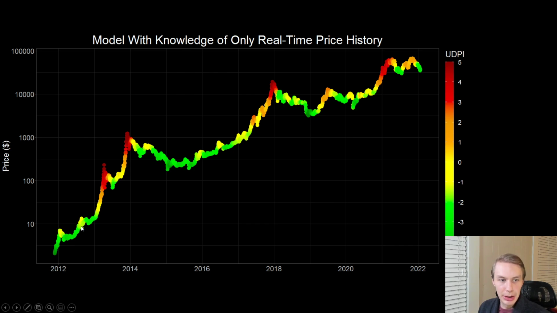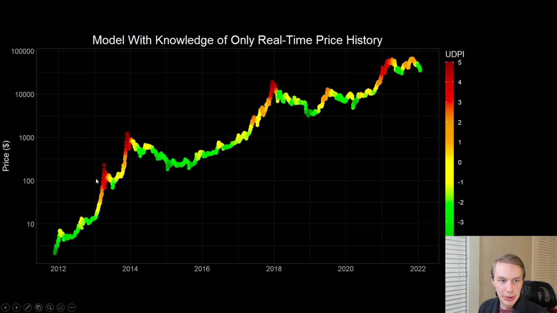And so basically what I'm showing you here is what the UDPI would have been printing out in real time had you made it in late 2011 and just let it run. So it just started running here. These are the exact literal values it would have been producing had you just created it back then and let it run across this entire time. So, had you made it back here, or back here, and let it run, this date in early 2012, this exact UDPI level is the level it would have set at that time. Getting up to the highest levels here